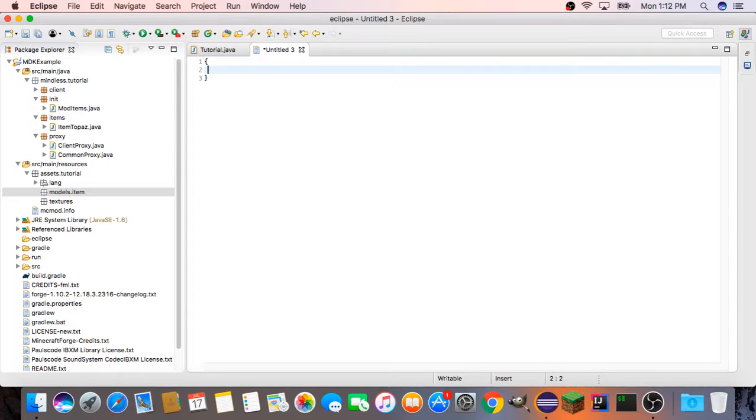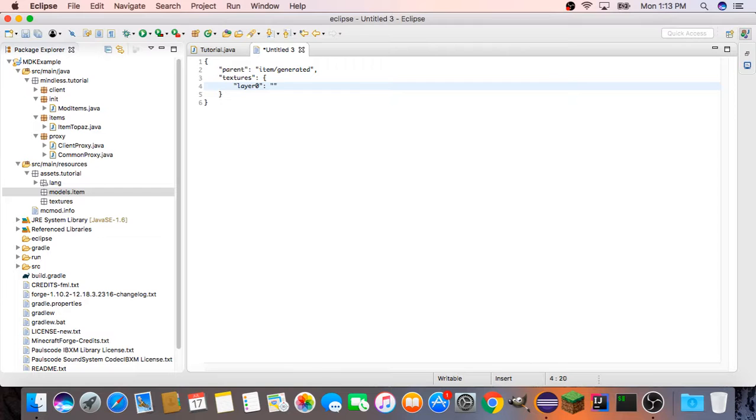So you're going to have squiggly brackets, and then inside of here we're just going to do parent colon item/generated, comma, and then we're going to do textures colon more squiggly brackets, and this is going to be layer 0,